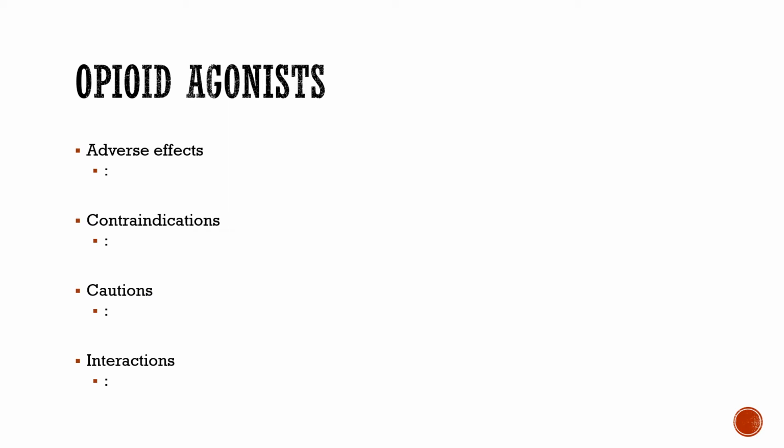I'll say, hey doc, can I get, and usually the doc actually writes it, but every once in a while they don't, and it's like, hey, maybe we could do 4 of ondansetron with this. And I've yet to have a doc say no. They're like, oh yeah, that makes sense, because of that potential for nausea and vomiting. You'd hate to take away all their pain, which is good, you do want to do that, but then just throw them right into nausea and vomiting, and they're sitting there retching, and they're miserable for a whole other reason. So nausea and vomiting is definitely a very common adverse effect.